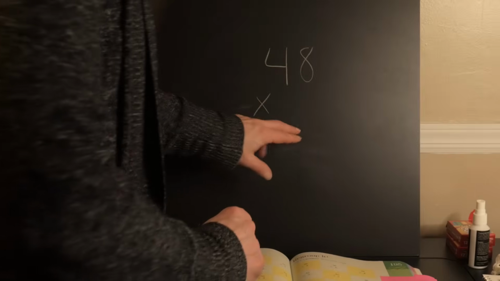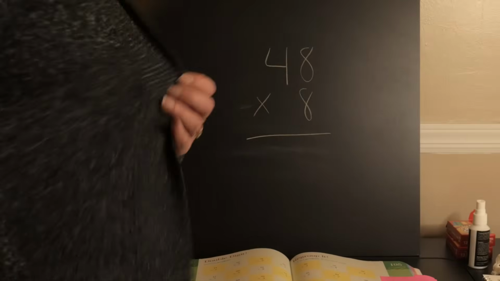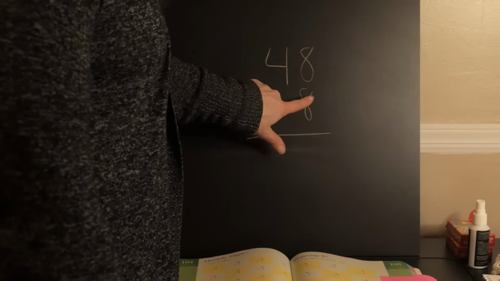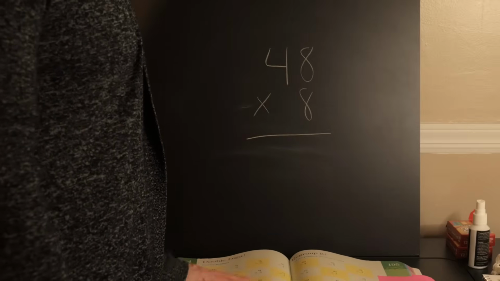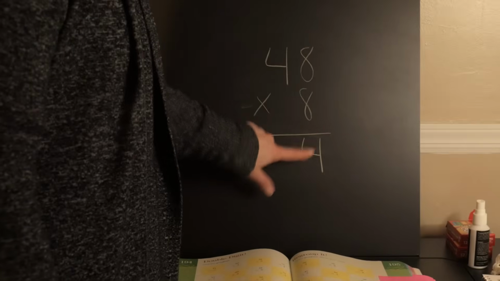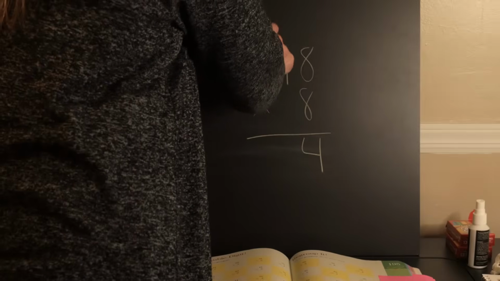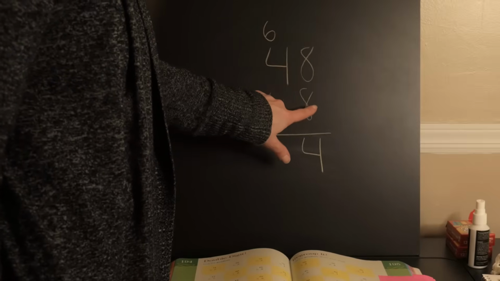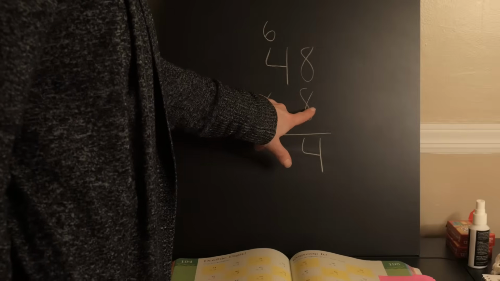Our first one here is, let's see, 48 times 8. Okay. So we start by multiplying the ones, and we have an 8 times an 8. And what is the answer to that? 64. So we place the 4 and we carry the 6 over to the tens column. Now we multiply the tens by the 1, so we have 4 times 8, and that is,